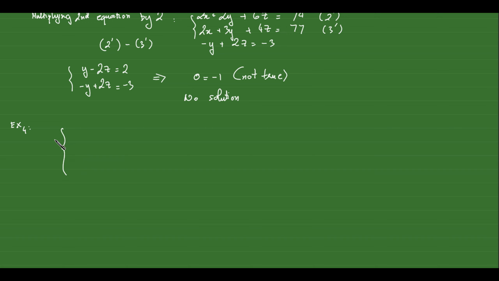I have 3 over x plus 2 over y minus 1 over z equals 11 over 6. The second equation is 1 over x minus 1 over y plus 3 over z equals negative 11 over 12. And the third one is 2 over x plus 1 over y